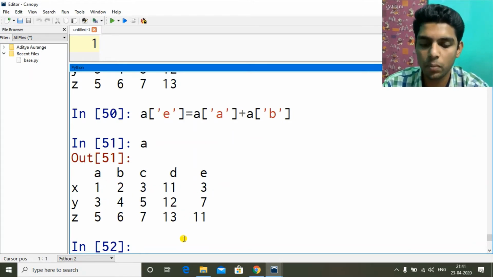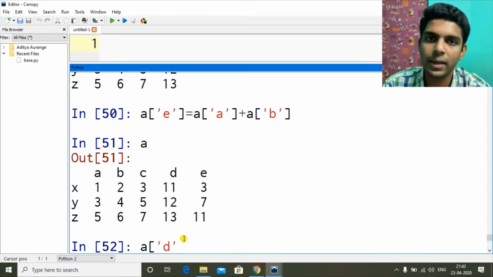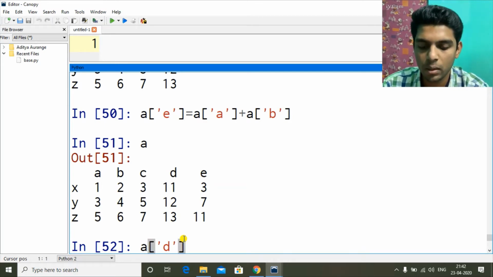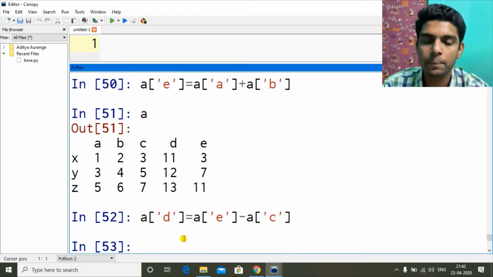Same way I can update D. Okay, a['D']: if it exists it overrides the existing values, and if it does not exist, it creates a new column. Equal to a['E'] minus a['C'].